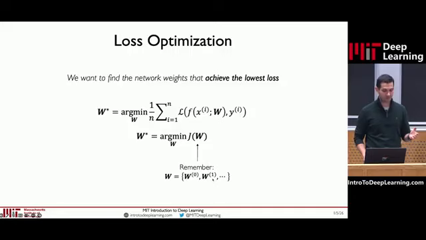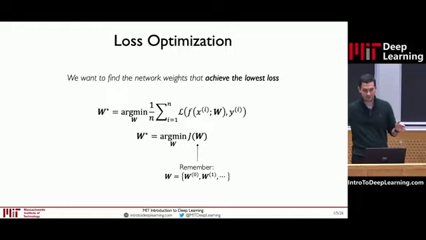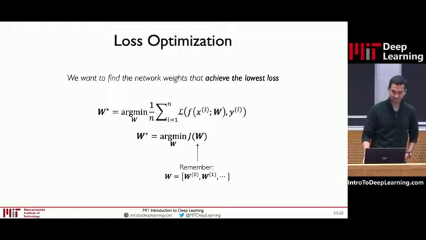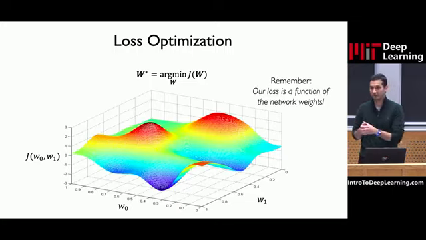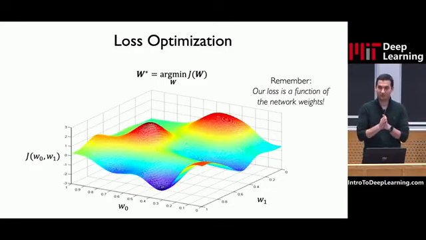Okay, so remember again that W is nothing more than just a collection of many, many weights across all of the different layers in your neural network. Everything from layer 0, the first layer, all the way to layer n, which is your last layer. Now, our loss function is also nothing more than just a function that outputs a single scalar at the end, right? We take the average loss, the average error across every data point, compute its average, and that is our loss. It's just one number at the end of the day. And that one number is a function of our weights.